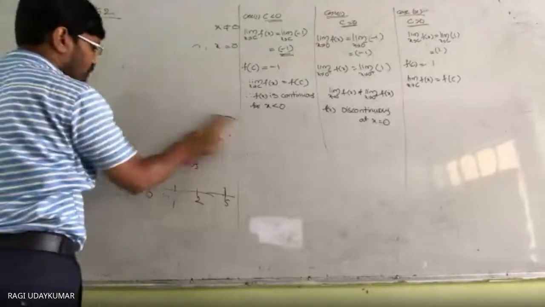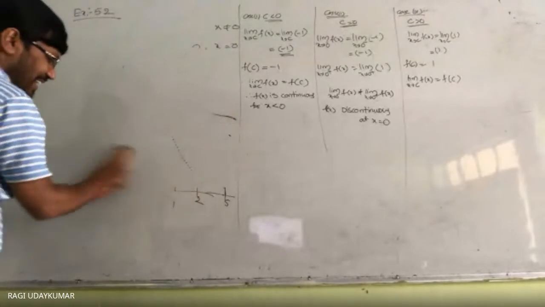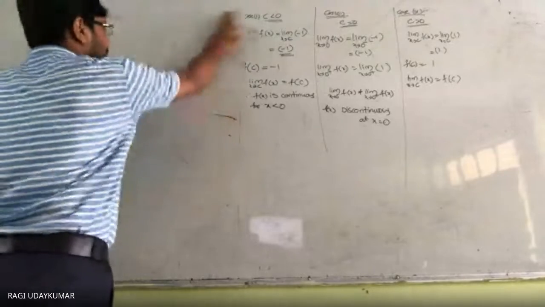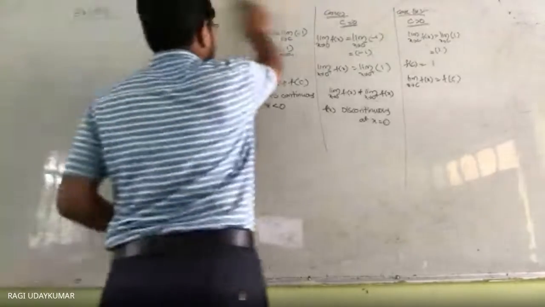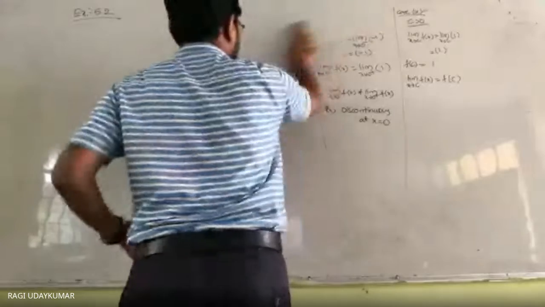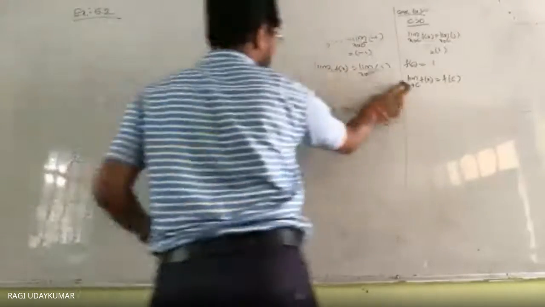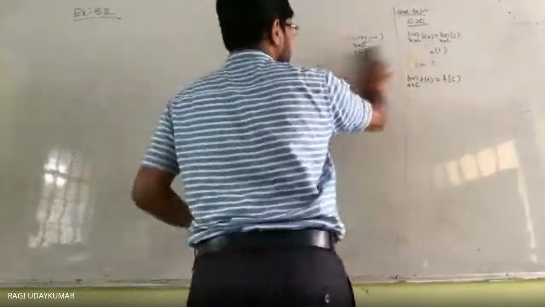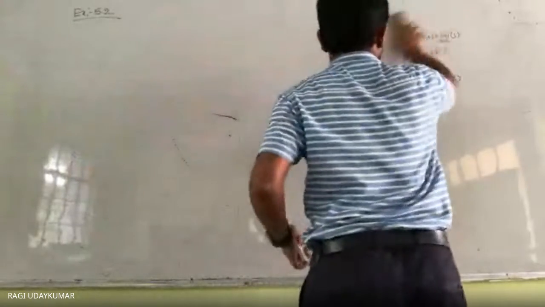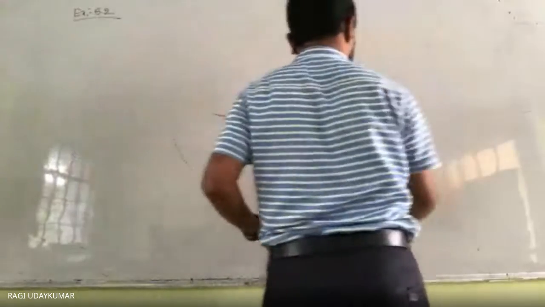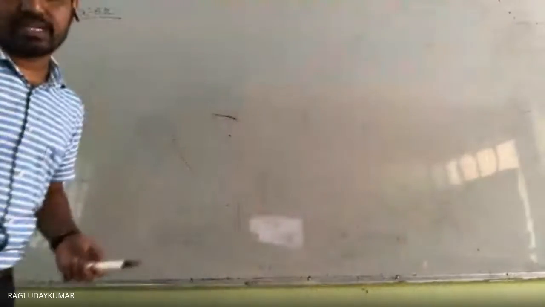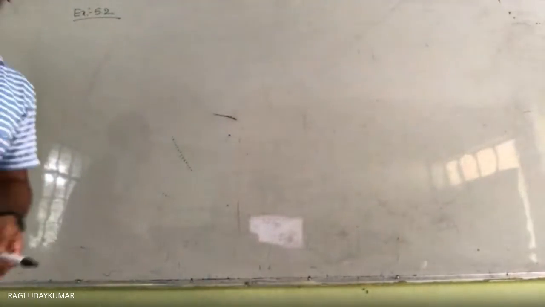Ninth question. Whenever you see this, it is actually a very interesting question. The question itself says something different. With x by mod x, you may think both are the same questions. No, no, no. These two are completely different. It looks like the same question, but it is not. So the ninth question is given to you.